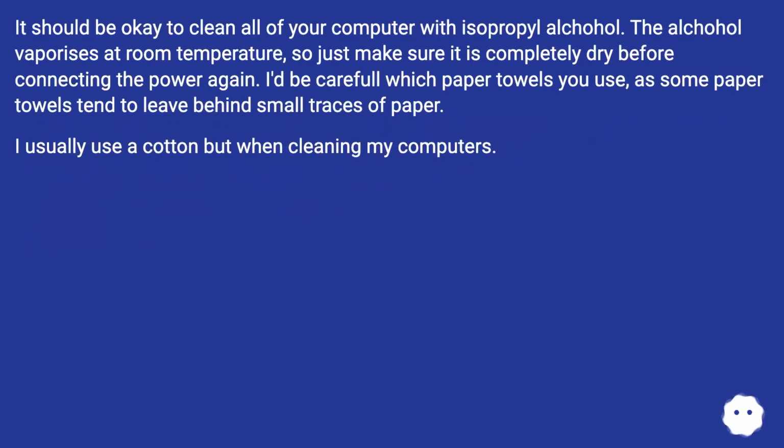It should be okay to clean all of your computer with isopropyl alcohol. The alcohol vaporizes at room temperature, so just make sure it is completely dry before connecting the power again. I'd be careful which paper towels you use, as some paper towels tend to leave behind small traces of paper. I usually use a cotton, but when cleaning my computers,